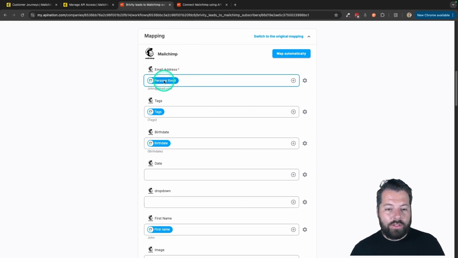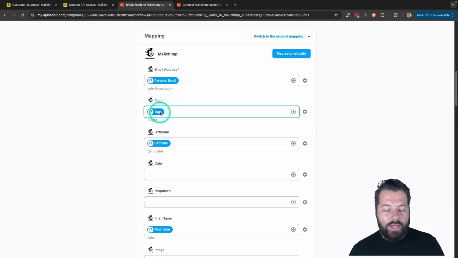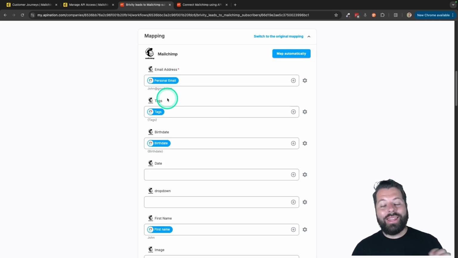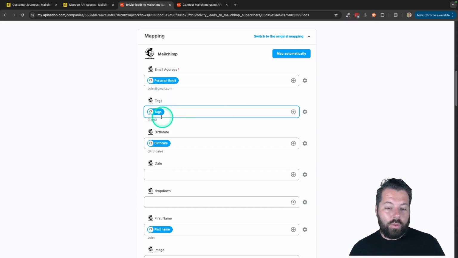Come down here to mapping. You can see we do most of this for you. Emails going here. The tags from Brivity are going into the tags from Mailchimp. Super powerful. That means you can tag somebody in Brivity, it'll tag them in Mailchimp, which triggers on a customer journey, can trigger that automation, start sending them the drip campaigns. Really, really key